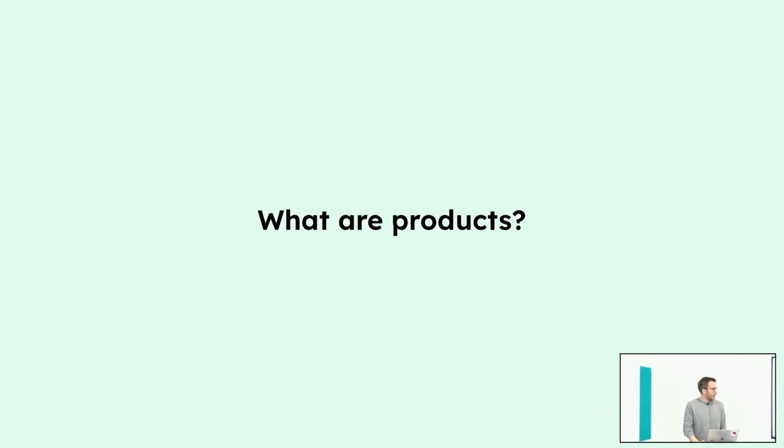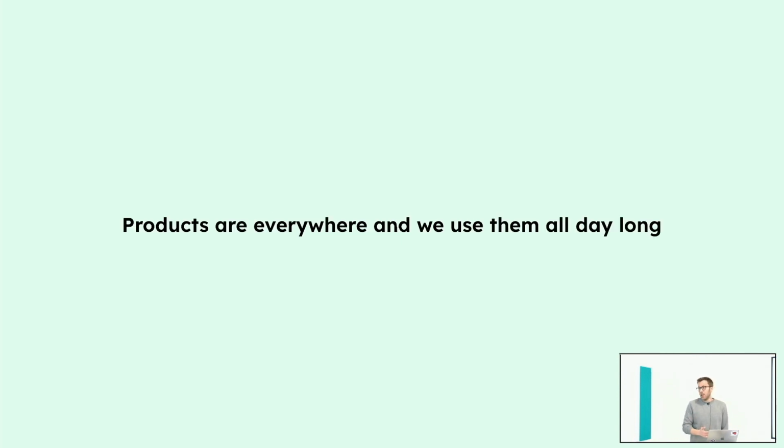So before we start talking about product architecture, I think it's important to talk about what products are, because this is a common misconception. We are all using the word product all day. So what are products? Products are everywhere and we use them all day. You're joining this session today and using many different products. You're using Zoom as a software product for video conferencing. You're using your hardware, that's also a product. You're using your internet provider, that's also a product. So products are everywhere. We talk about them, but we're not really aware what products are. We are surrounded by products and we are developing products all the time.